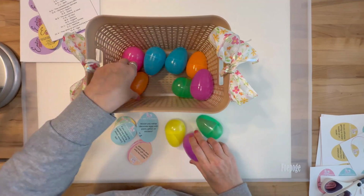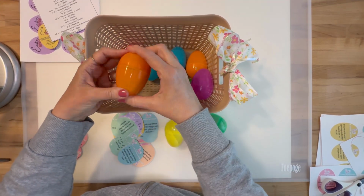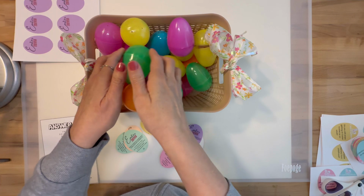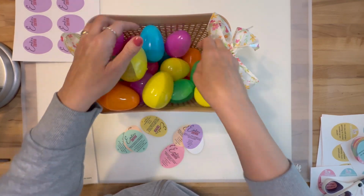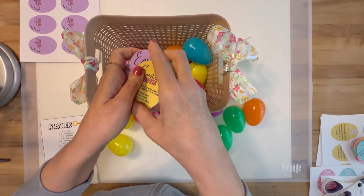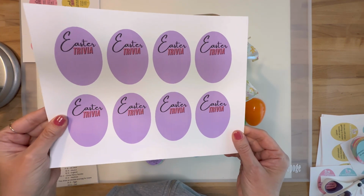I'm mixing both the trivia and the conversation starters together in one basket, but you could separate them into 2 if you want to have 2 different types of games at the table. After filling all the eggs, I give them a good mix with my hands, so guests randomly get a trivia question or a conversation starter. The trivia questions are multiple choice, and the printables include both adult and kid versions, so you can tailor it